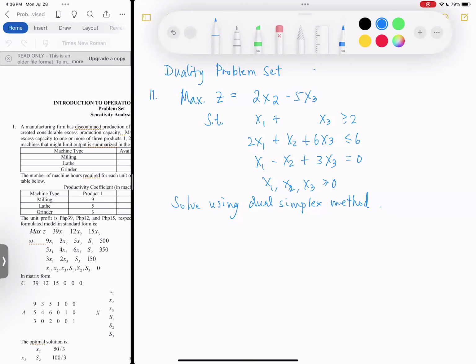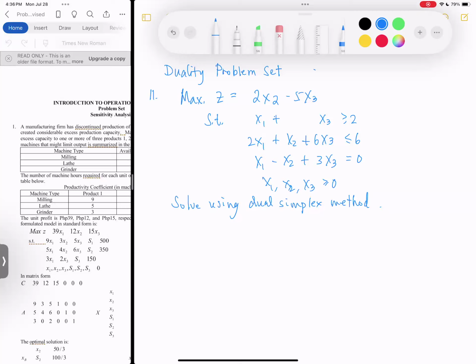Okay, so good afternoon again. We will be discussing two problems today, one from the duality problem set and the other one from the sensitivity analysis problem set. So for the duality problem set, what we weren't able to discuss in class was the